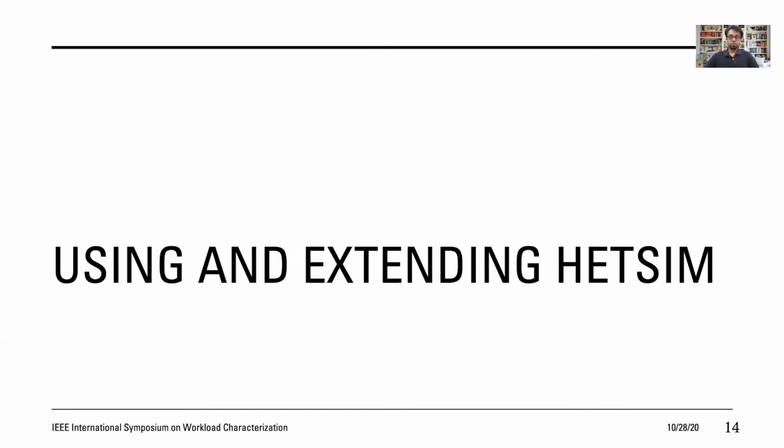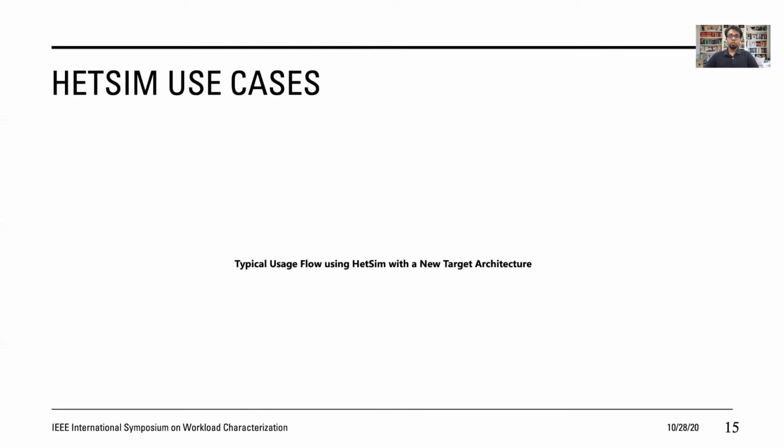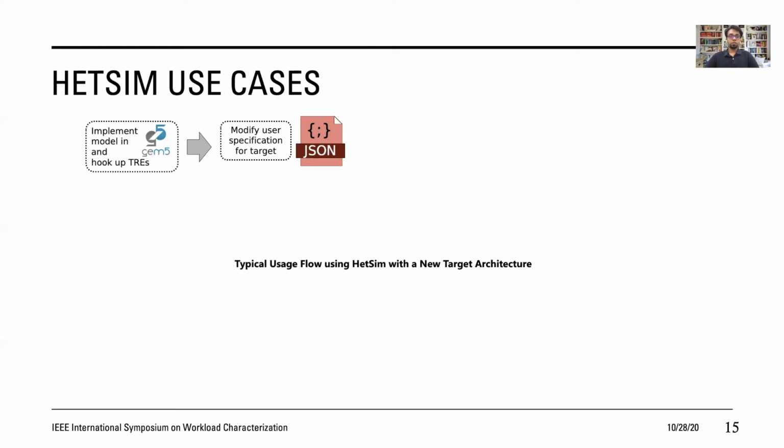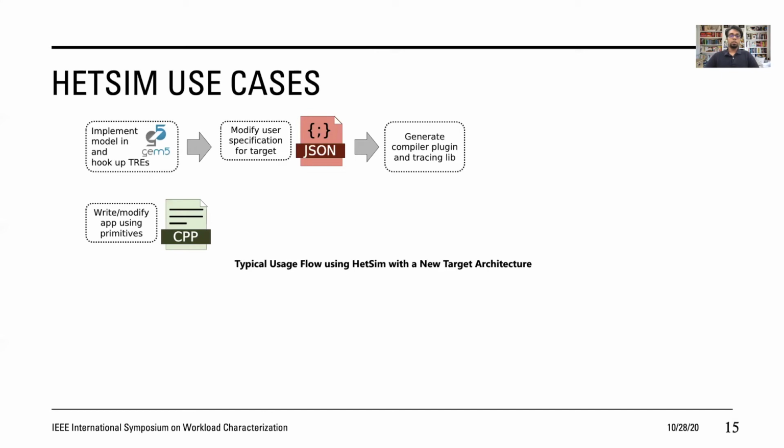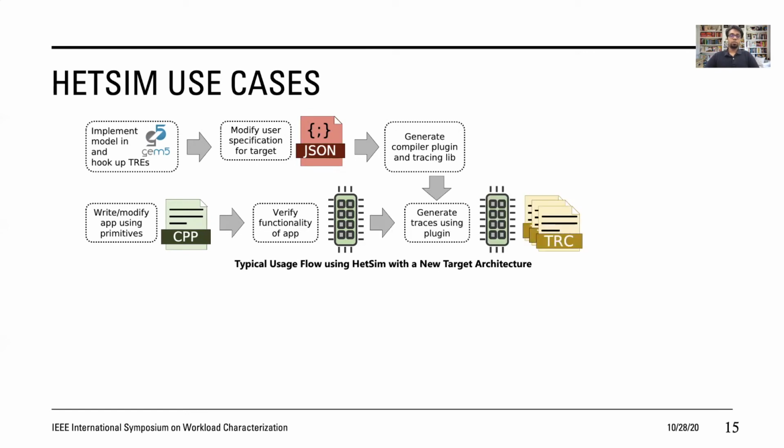for custom primitives. The typical use case when starting with a new architecture model is shown here. The user implements their architecture in Gem5 and connects the TREs, modifies the specification for the target, generates the compiler plugin and tracing library. The user then implements the application using HetSim primitives, verifies the functionality of the application, generates traces by running the instrumented binary, and finally runs the traces through the TRE-enabled Gem5 model, and this gives the